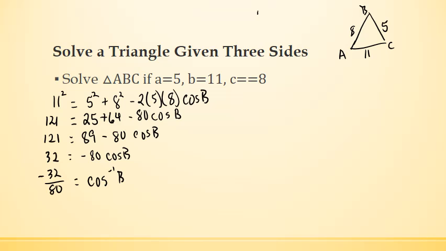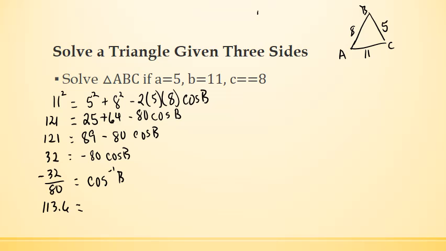Hopefully everyone knows how to find that inverse on your calculator. If not, we'll take another look at that in class. We're going to round the angle measures to the nearest tenth. When I put negative 32 over 80 into the inverse cosine function on my calculator, I get an angle measure